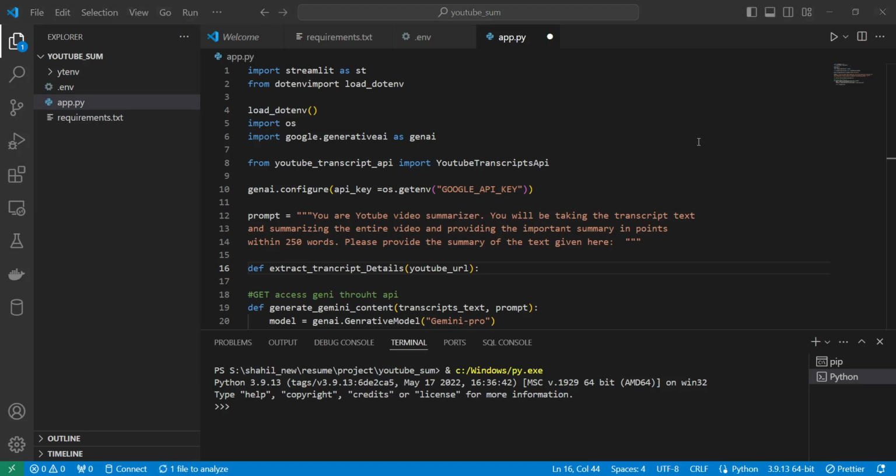And then we use, if the URL is invalid, so we use a try, and we have to access the URL, and now we check the video ID with the help of the YouTube URL,